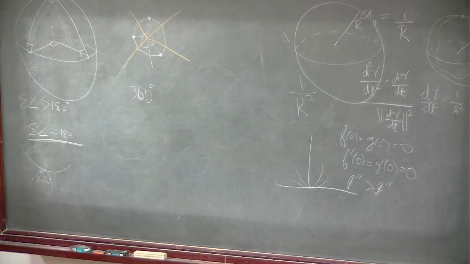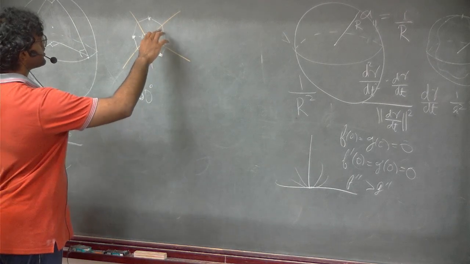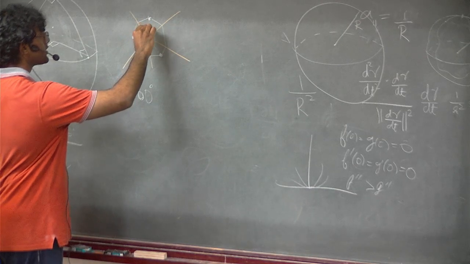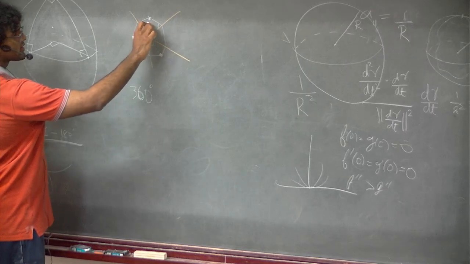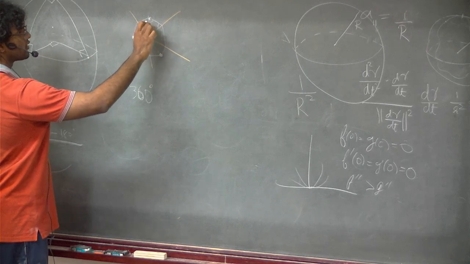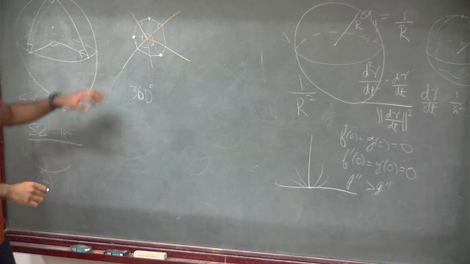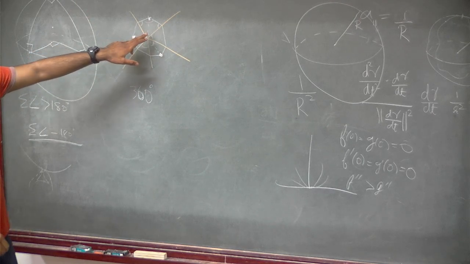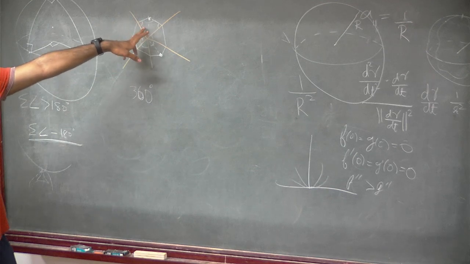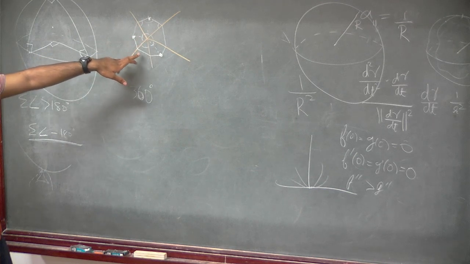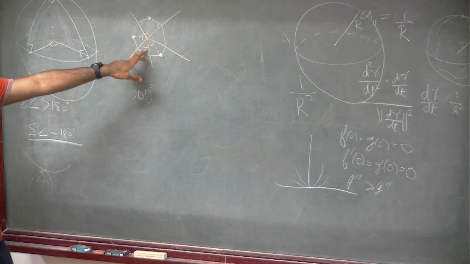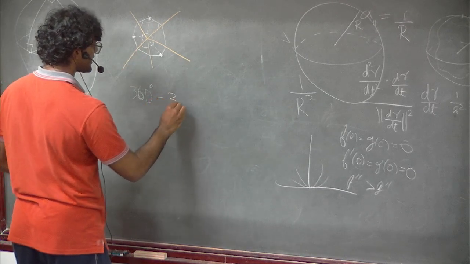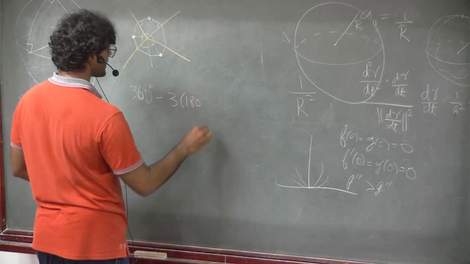And you consider these angles that you get. Whenever you have a quadrilateral, the sum of these angles will be 360 minus this, and whenever you have a triangle, the sum of the angles will be 180 minus this, right? So you'll get minus 3 times 180 minus